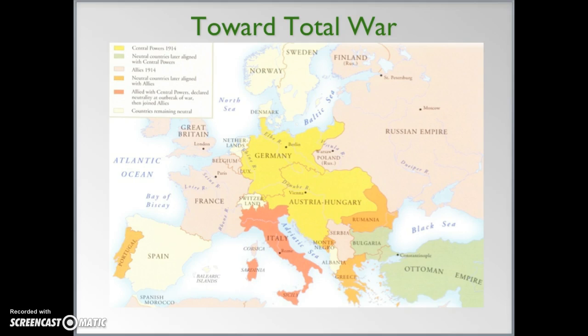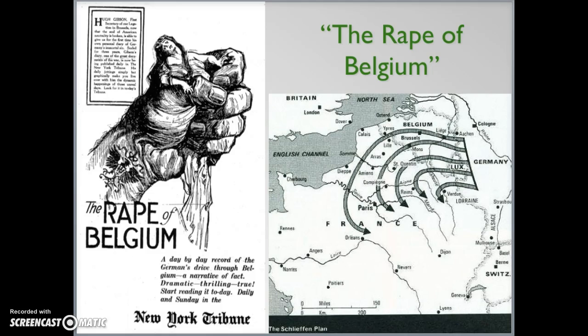So the war starts with the assassination of Archduke Franz Ferdinand. You know the story, yada, yada, yada. Okay, so we get the rape of Belgium. Germany has war plans. It's called the von Schlieffen Plan, and their plan is that they're going to have to fight a two-front war, so they attack France first, and then they fight Russia. This is similar to what they're going to do in World War II as well, although it's a different plan.